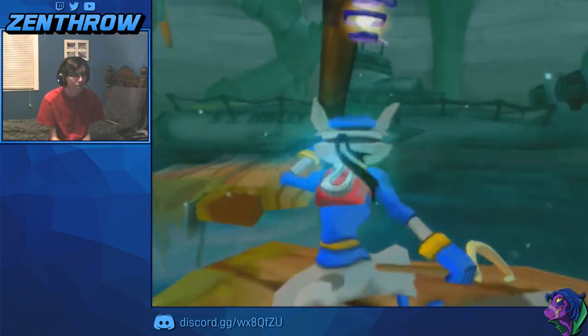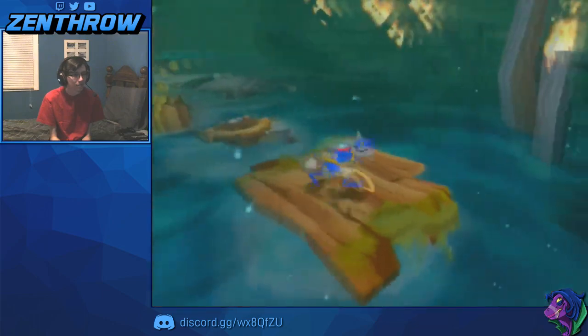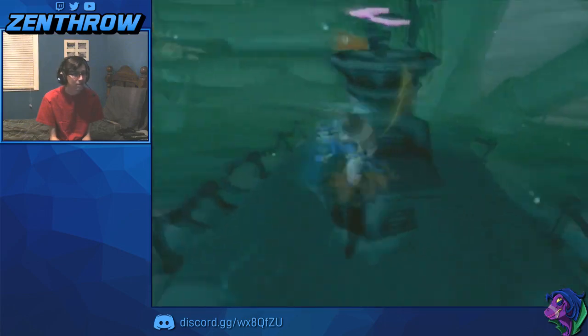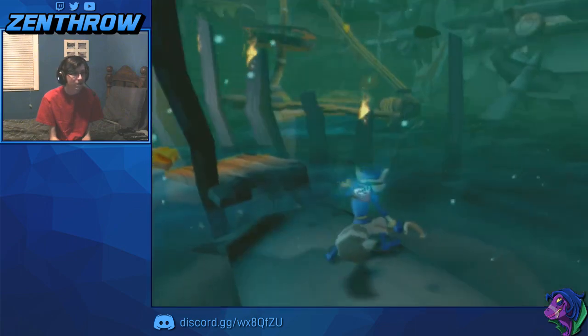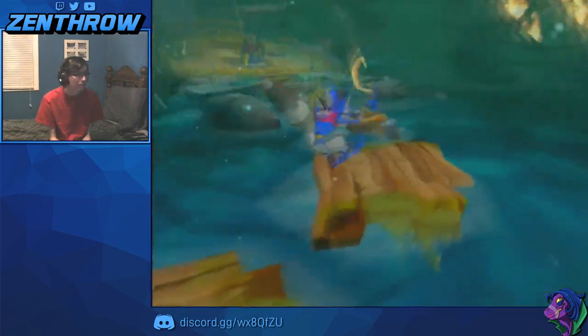I would recommend checking your bottle count before you drop down here. This is 16, and these 2 bottles over here are 15 and 14, or 14 and 15. So I would make sure you have 13 before you drop down, because you can't get back over there without either dying and resetting to that checkpoint or loading the game. From here though,